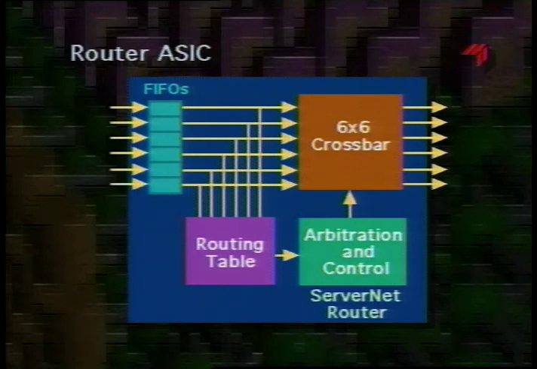We see on the left side there are 6 input ports with elastic FIFOs on the inputs. Then the packets go into a non-blocking crossbar switch to the 6 outputs. When a packet arrives on the input, its first few bytes go to a routing table, which determines the path through the router, and then once that path is established, the following bytes just follow it through the crossbar switch to the output. The routing table doesn't need to look up the full 20-bit destination ID.